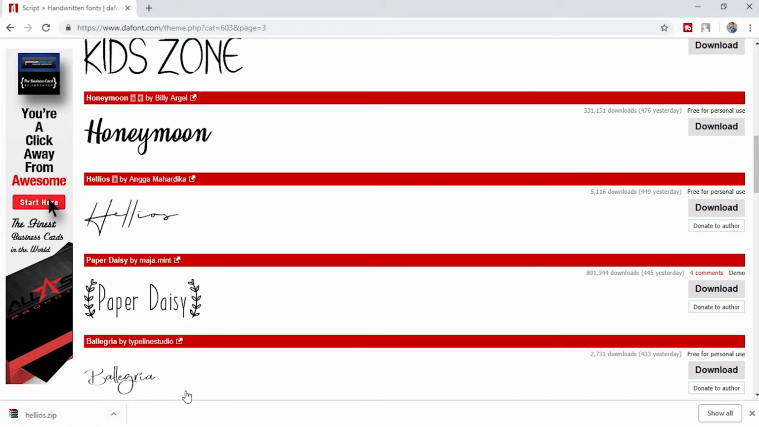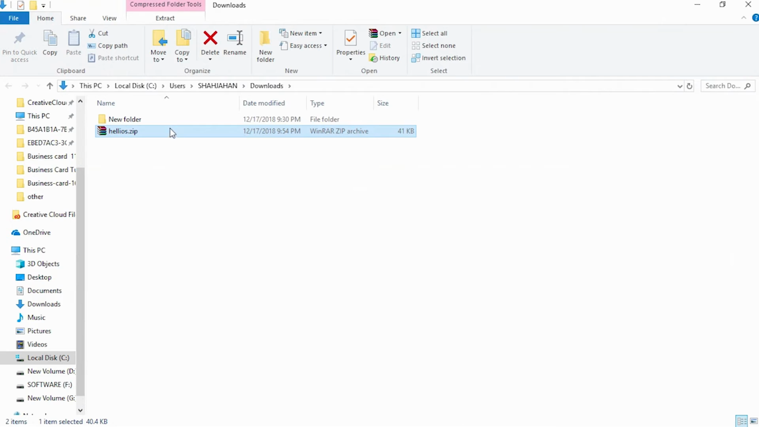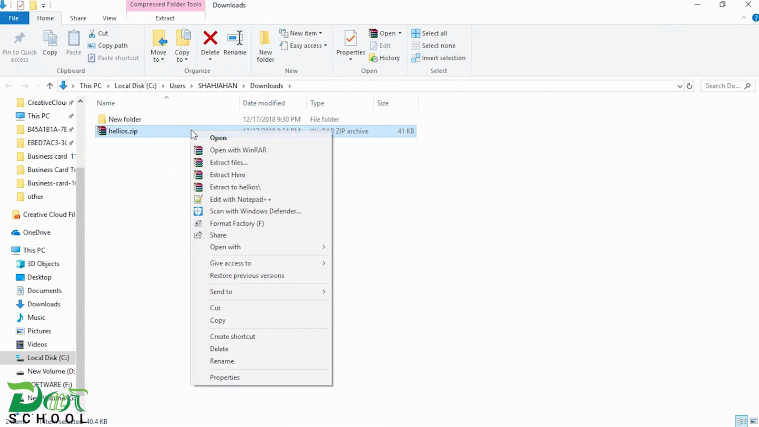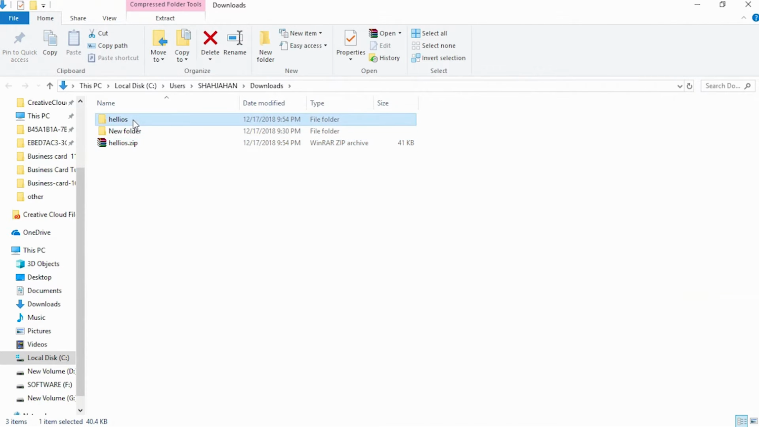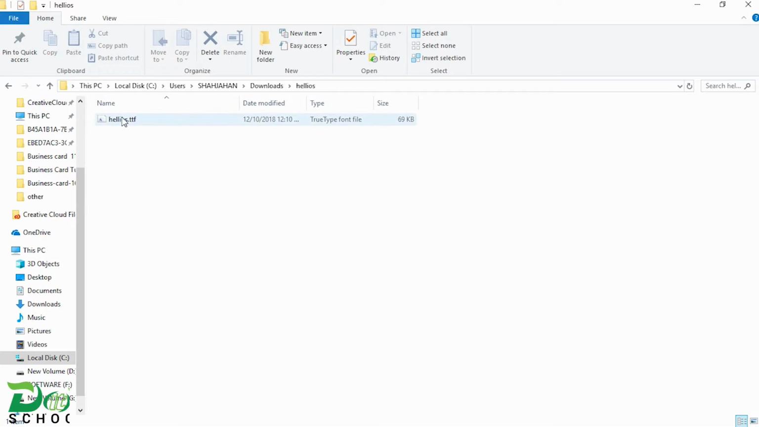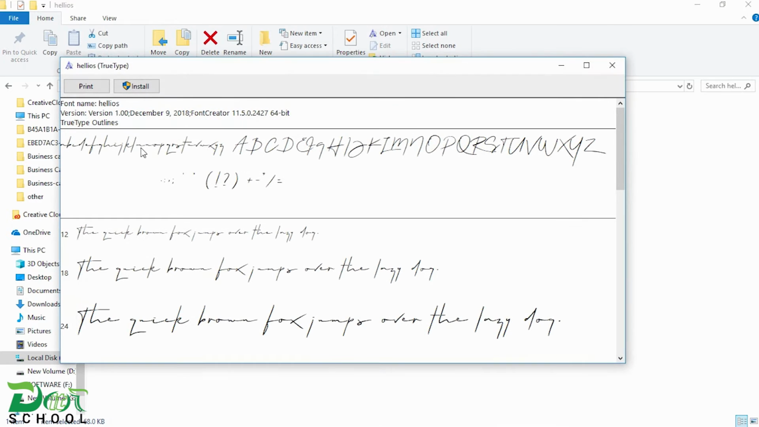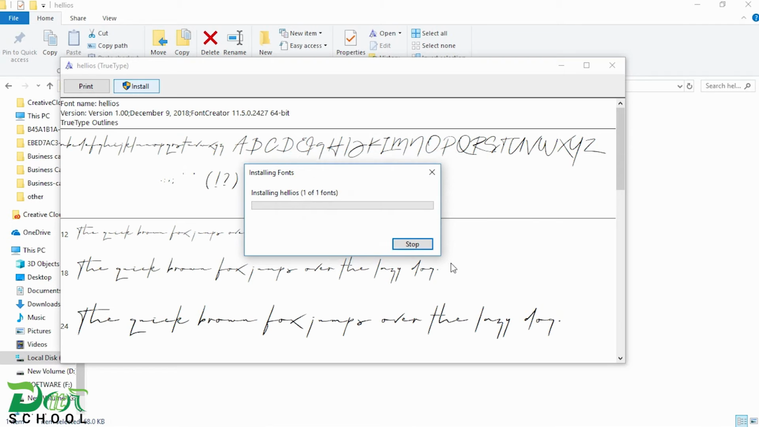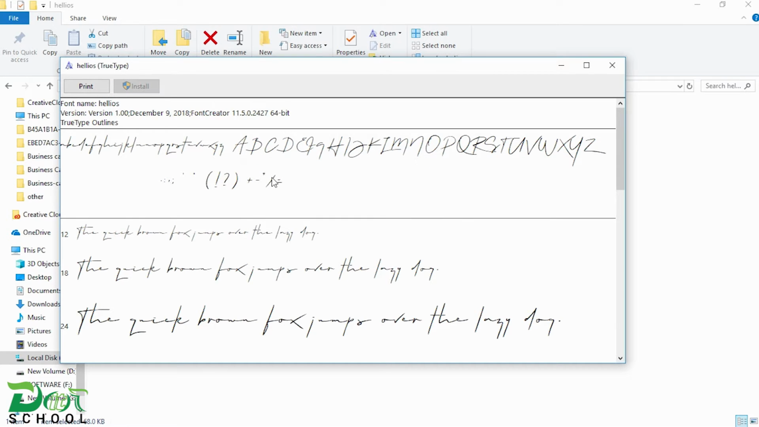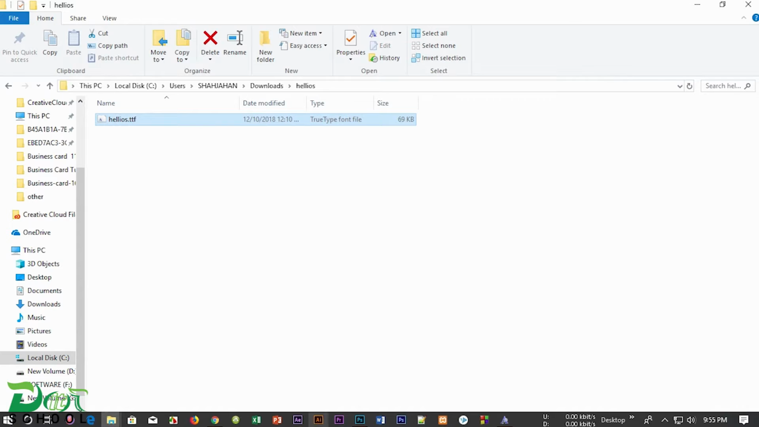After completing the download, you will go to your downloaded location, then click extract file and OK. Then go to your downloaded and extracted file, click here, and install. So after install, you will go to your